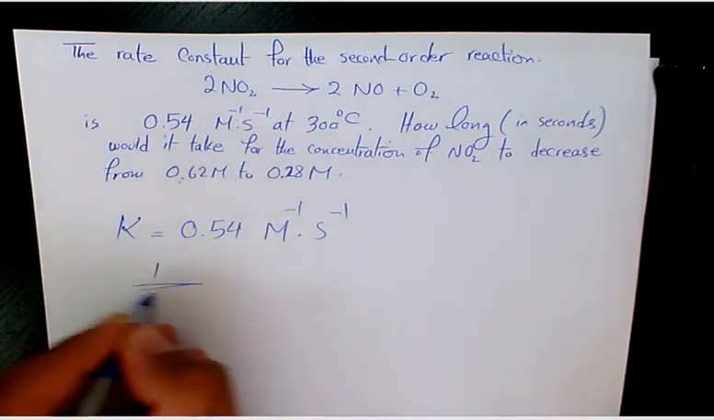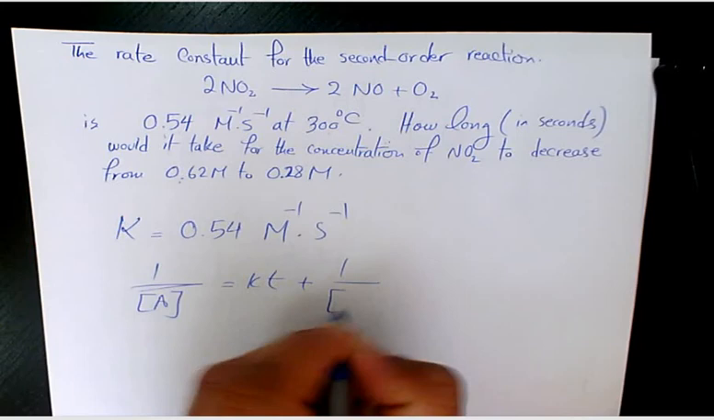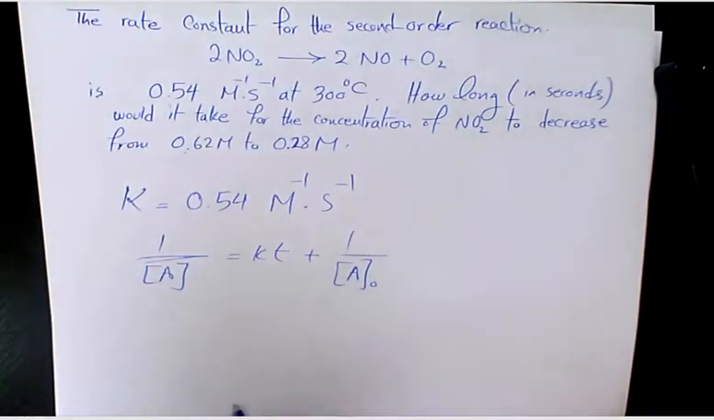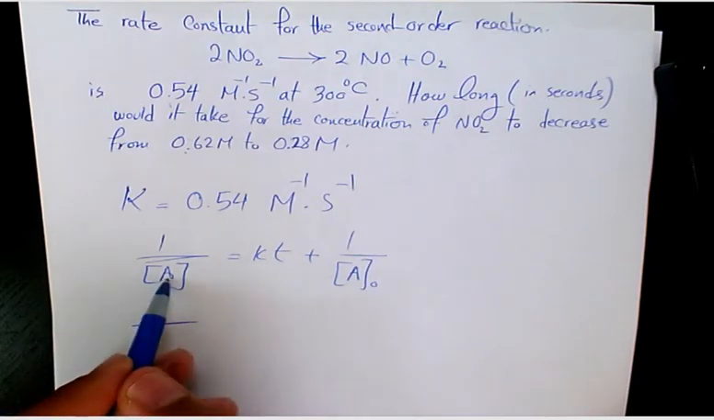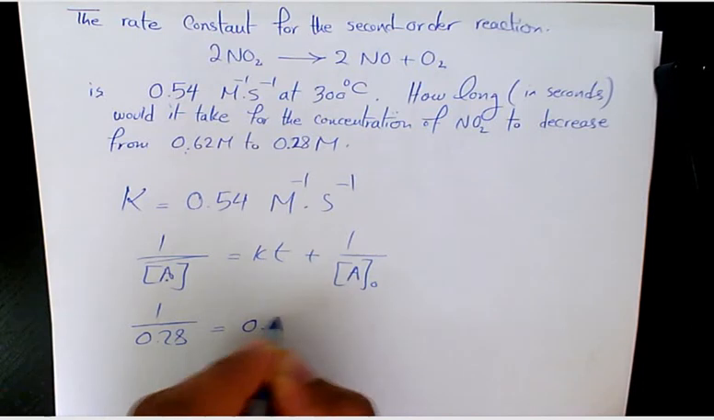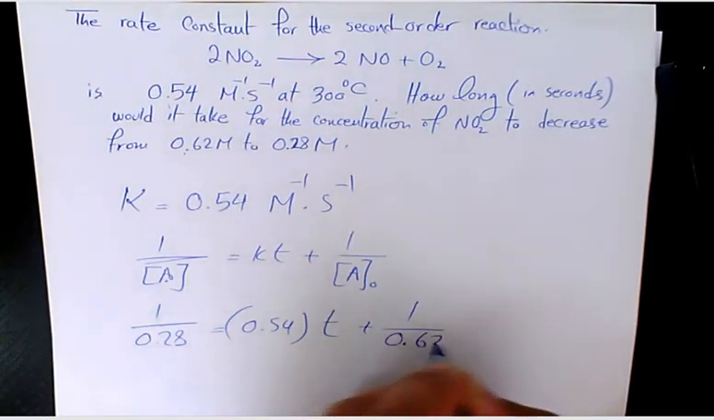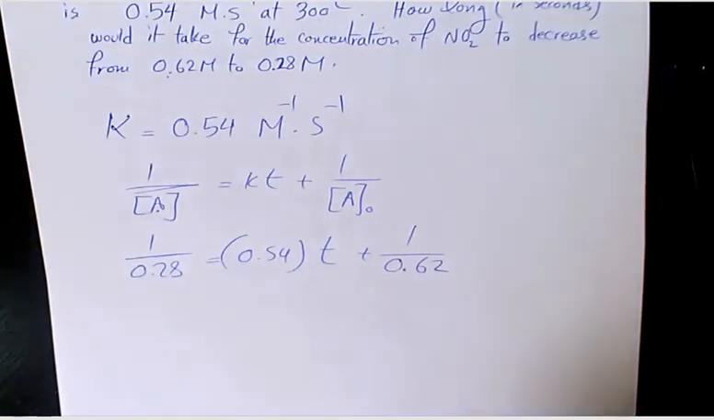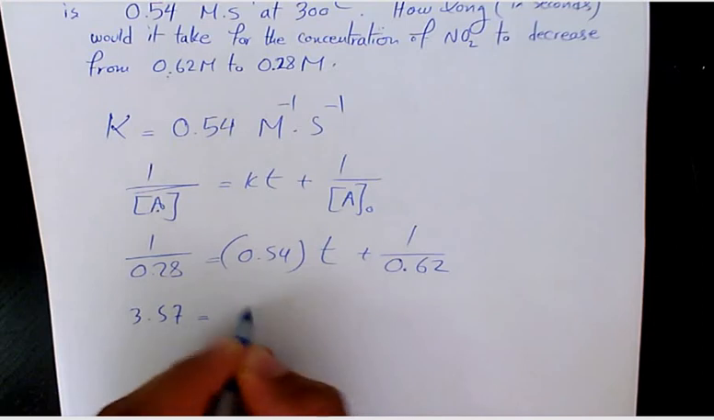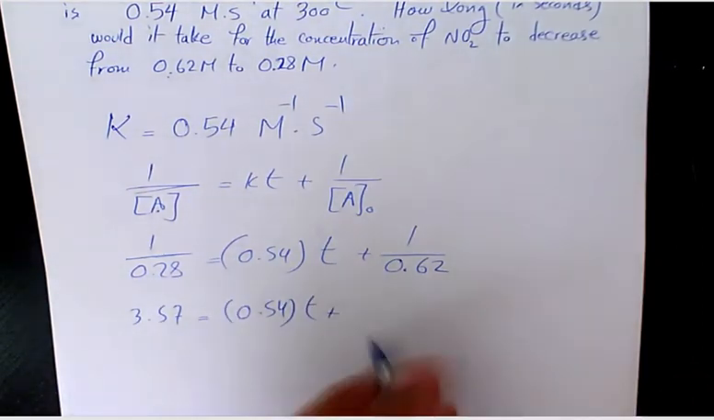So we need to use the integrated form again because it mentioned that it's second order. Otherwise, we need to use another formula. So 1 over final concentration, which is 0.28, equals K, 0.54, times T plus 1 divided by 0.62. So 1 divided by 0.28, that's going to be 3.57, equals 0.54 T plus 1 divided by 0.62,